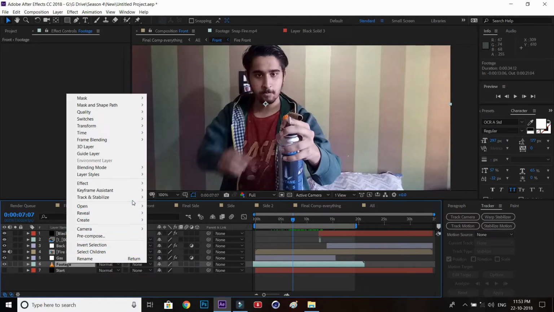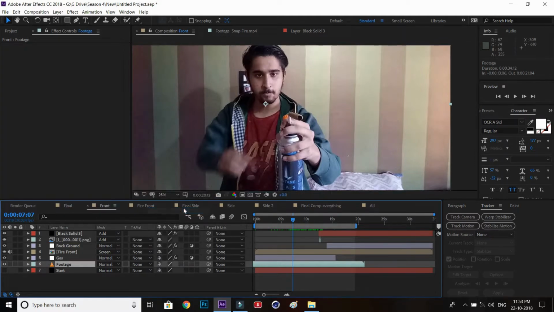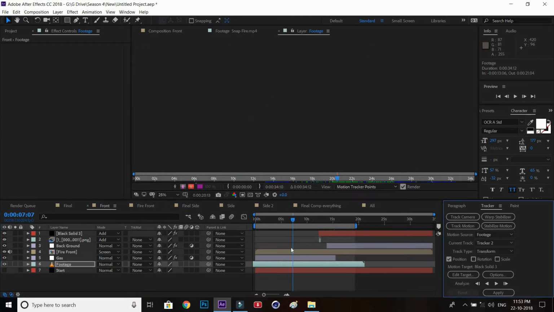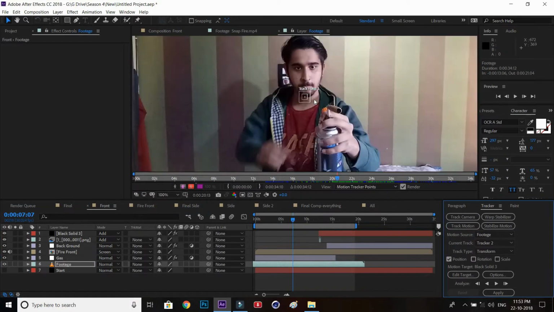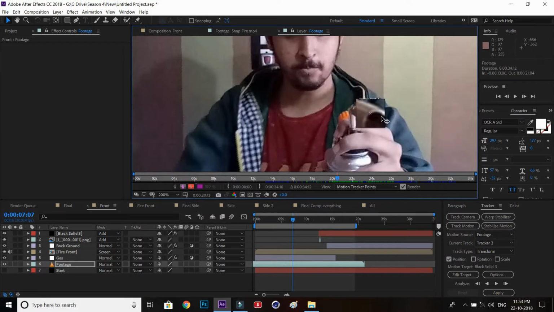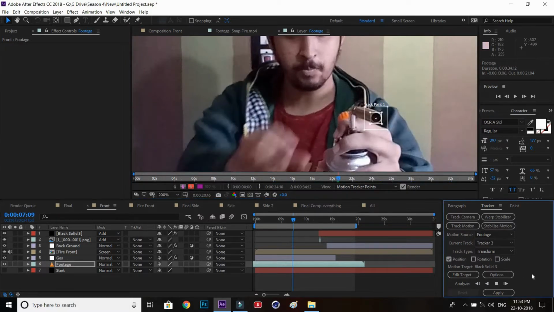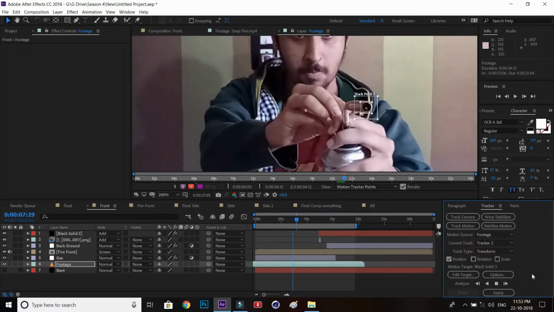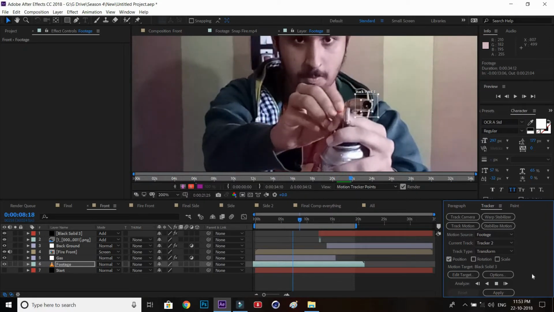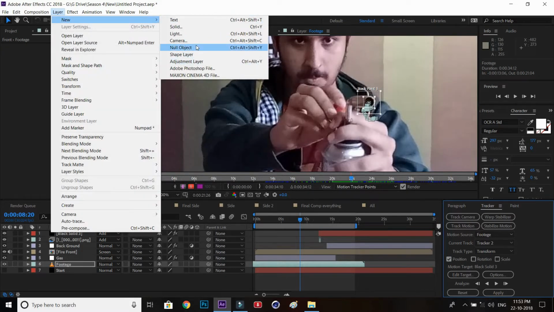You can also decrease the opacity, you can also feather the mask, and it will help you guys. So then I could have just made the mask and tracked it, but I masked it because it was actually coming in the way of the finger and all of those. So right now I'm tracking the